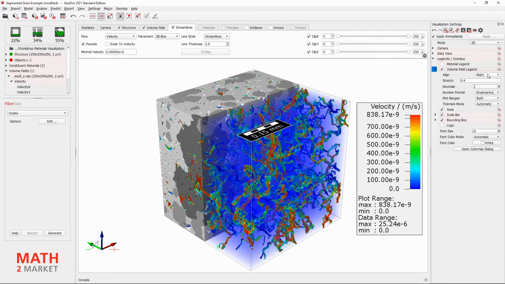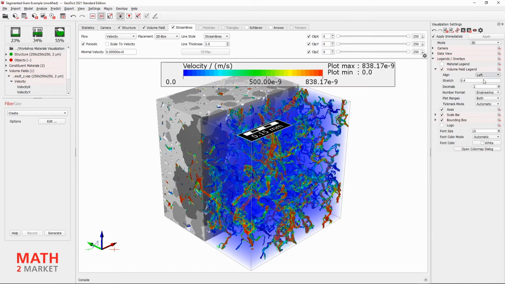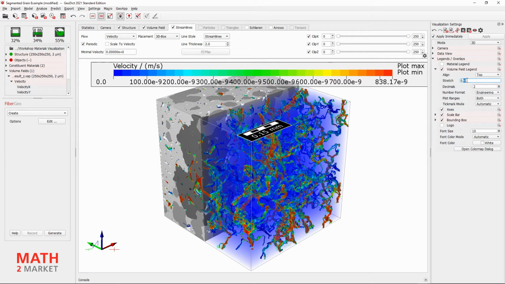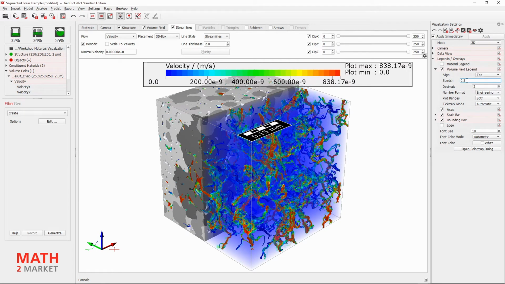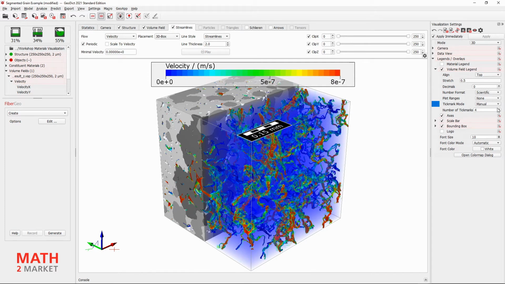From top to bottom in the order, we can now adjust the position of the legend, define the stretch at the selected side, adjust the number of decimal points, adjust the number format to different industry standards, show and hide the plot ranges, and define the tick mark mode by ourselves if we change it to manual.